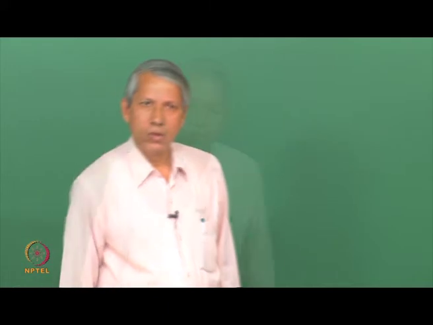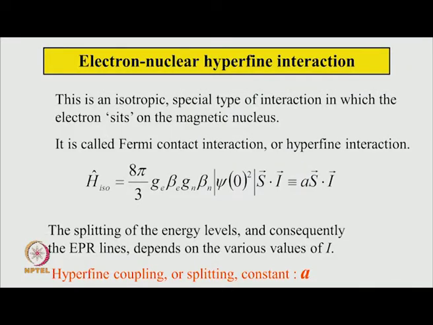So, in a solution EPR spectrum, for example, when the species is tumbling very rapidly, then one can ignore this interaction, but it cannot be ignored if, let us say, the solution is viscous and tumbling is not very rapid, or if the species is held in a solid state or in a frozen solution, then the tumbling is restricted very severely. So, we cannot neglect this interaction, but for our purpose right now let us neglect this. So, what other type of interaction can this electron and nucleus have? That is called electron nuclear hyperfine interaction.